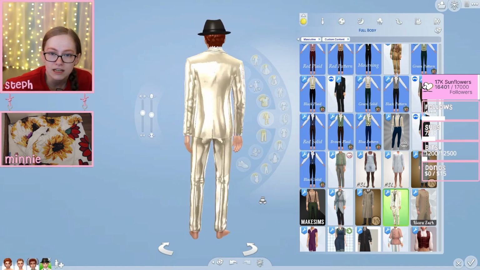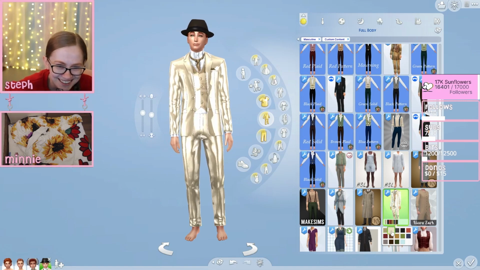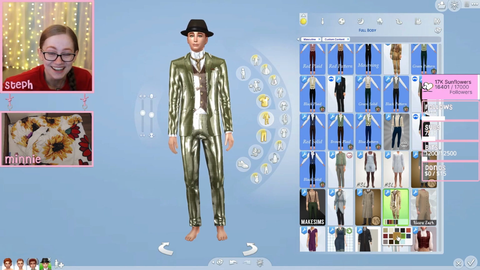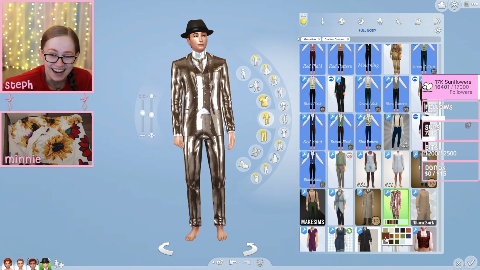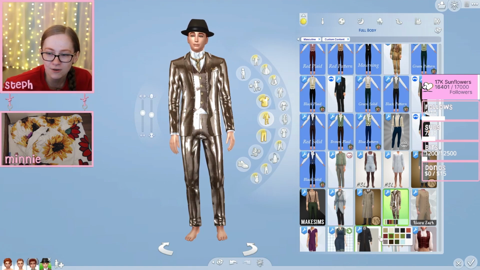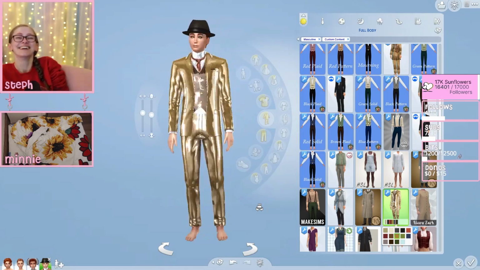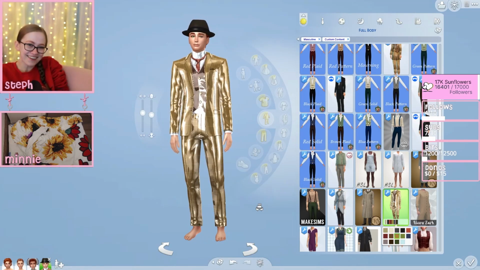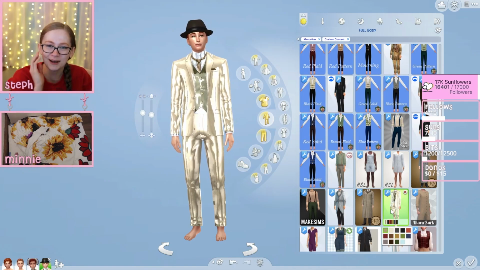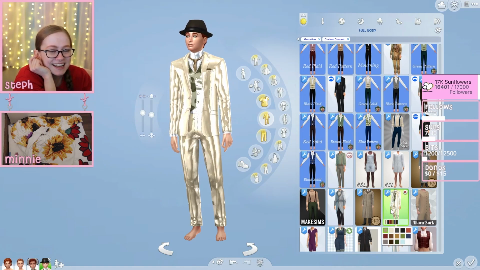Why do you look like an award? Why is it so shiny? He looks like the trophies they give out at those TV awards. Why is that in my game? I'm not even sure what that is, the problem. I have no idea. He's a Grammy. Yeah, he looks like...